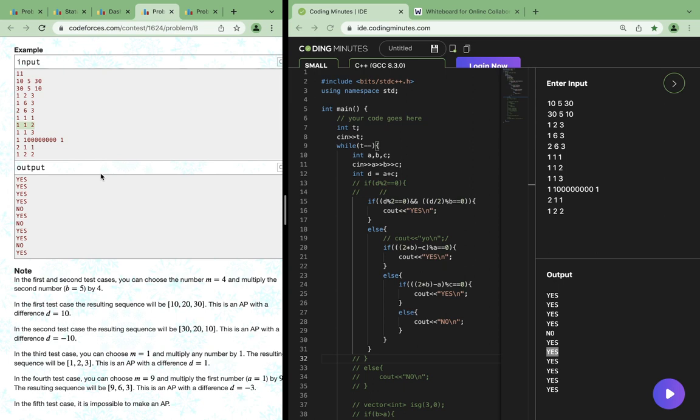So 3 by 2, obviously 3 is not divisible by 2, so this will not be executed. So this will go into this loop, and then we'll check for a, if we can change a in some way. So that will be 2b, that is 2 minus c, that is 0. So if we can change it to 0,